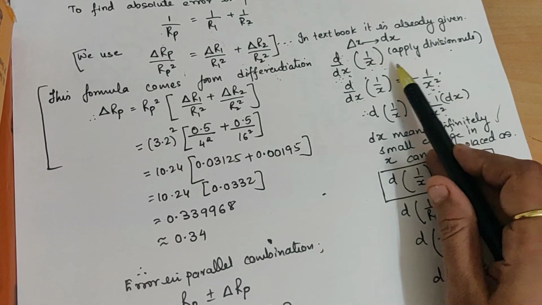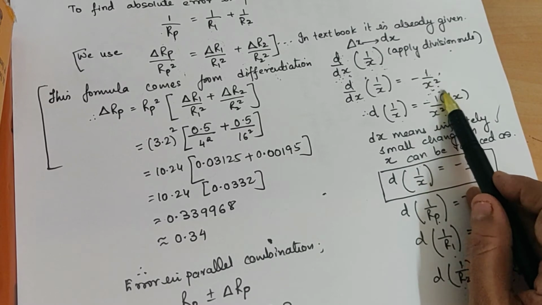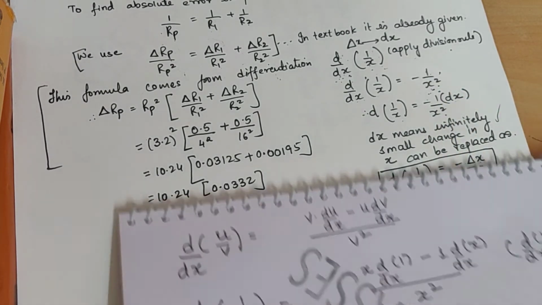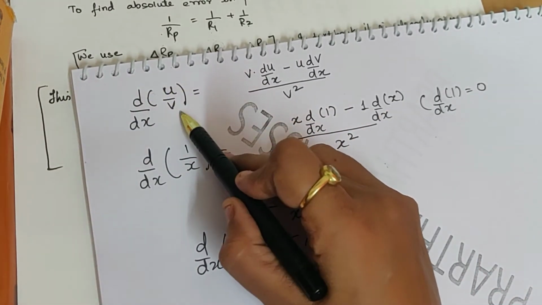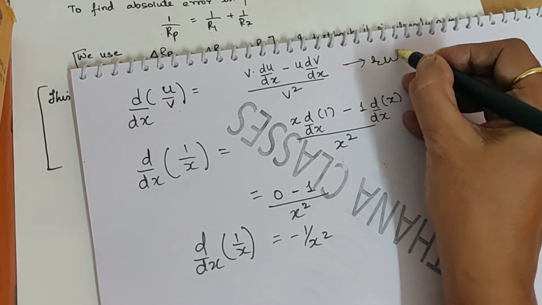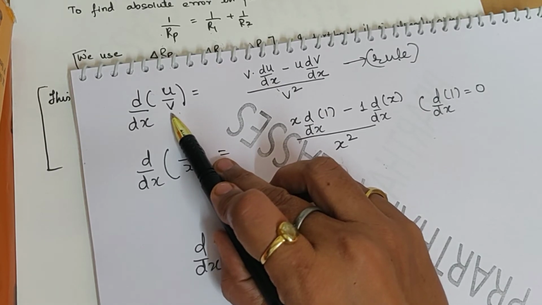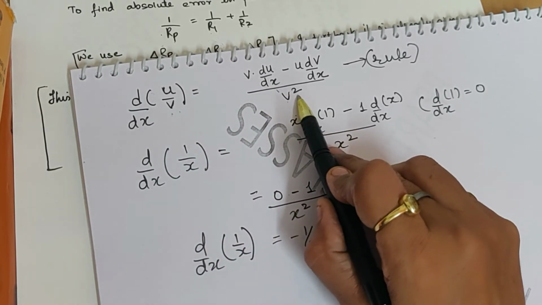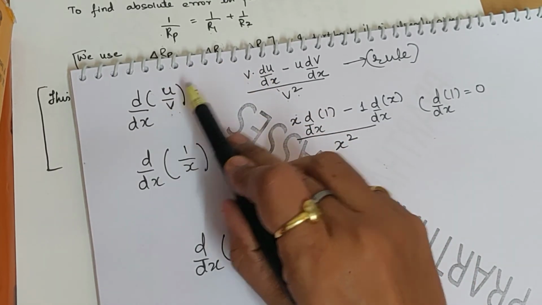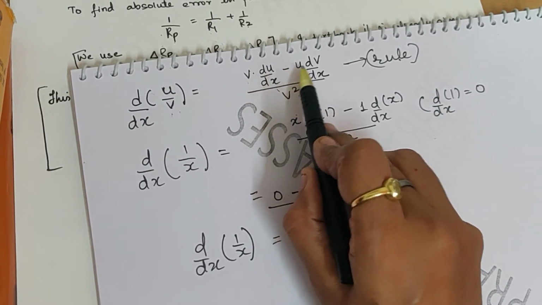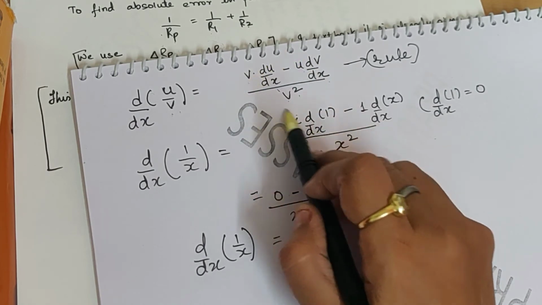But if you want to know how did you get this d/dx of 1 upon x is equal to minus 1 upon x square, so I will try to make you understand. Fine, suppose from this division rule, see, d/dx of u upon v in general, this is a rule, okay, division rule in the differentiation. So first we have to take v square, v as it is, and derivative of u with respect to x. First you take the derivative of u with respect to x, then minus u as it is, take the derivative of v with respect to x. Fine. This is a rule you have to remember.